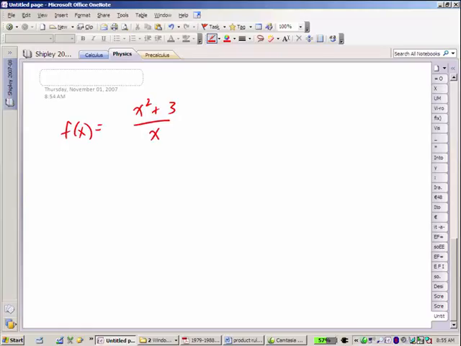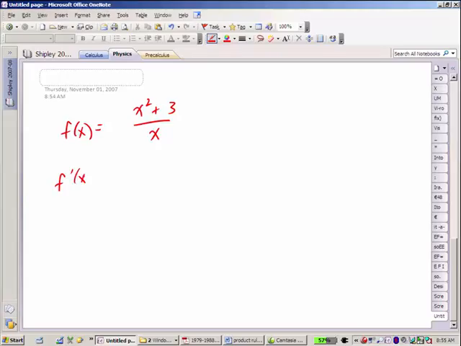I'd like to try this one two ways and try to convince you that we're going to get the same answer. And I'm slightly anxious because I'm not sure how difficult the algebra is going to be to show you that they're going to be the same. But I'm willing to try. Okay, so